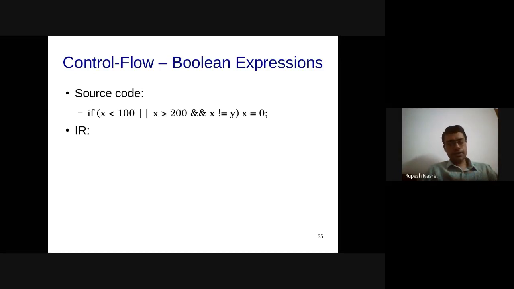If such an instruction is available, can you write down the intermediate representation of this particular example that I have given? I leave it to you to write it either with short circuiting or without short circuiting, whichever you prefer. We'll see both of them, but please spend some time writing down the IR corresponding to this, assuming that you have these if true and if false instructions.